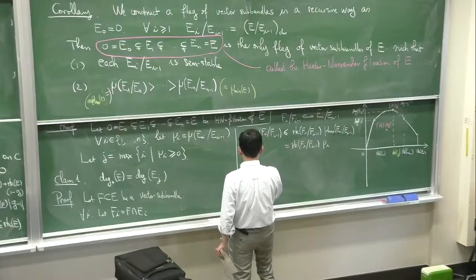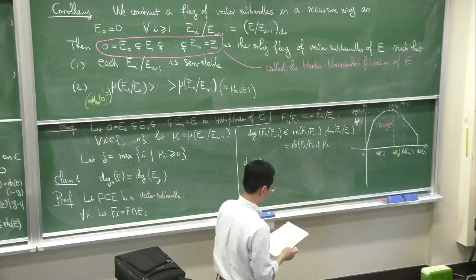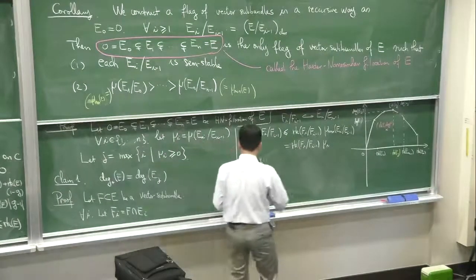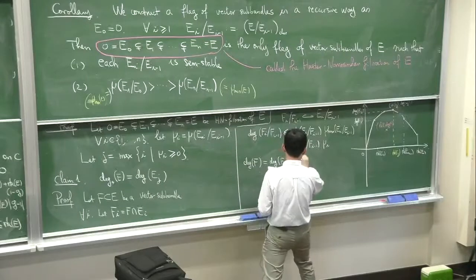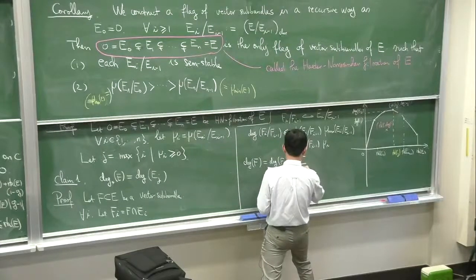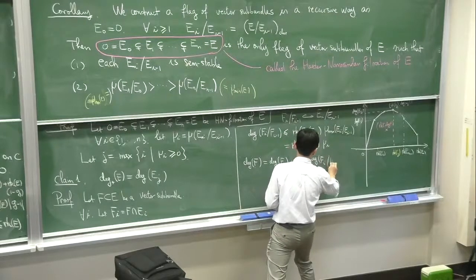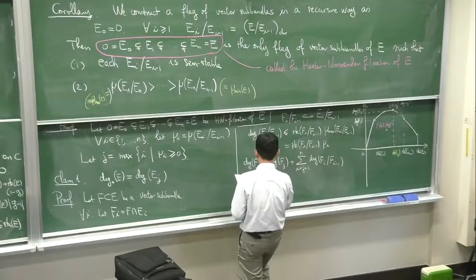So you can compute the degree of F. If you have some short exact sequence, you have some additive property for degree. So the degree of F is the degree of Fj plus the sum from i equals j plus 1 to n of the degree of Fi over Fi minus 1. So this is bounded by the degree of Fj